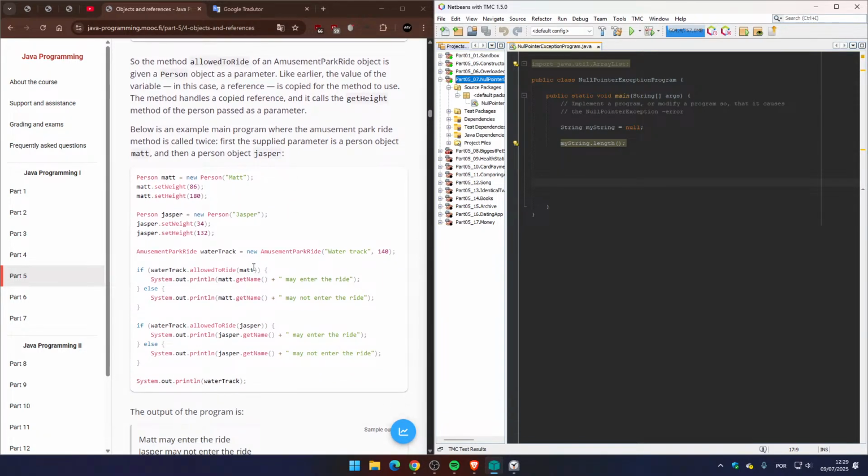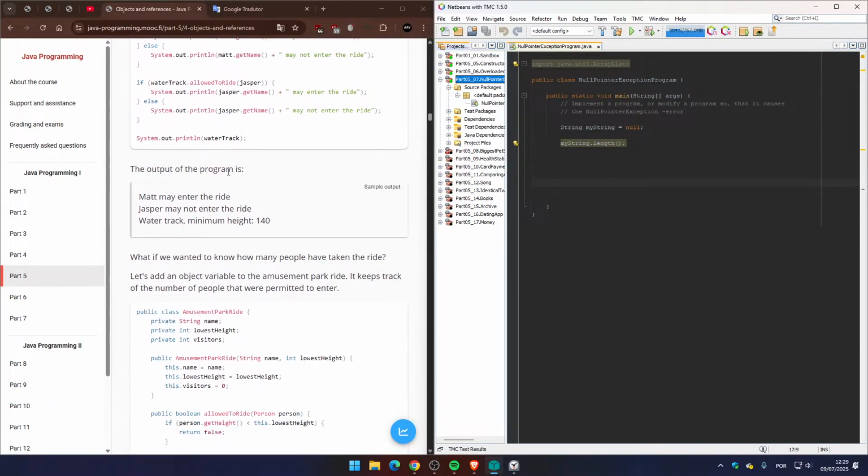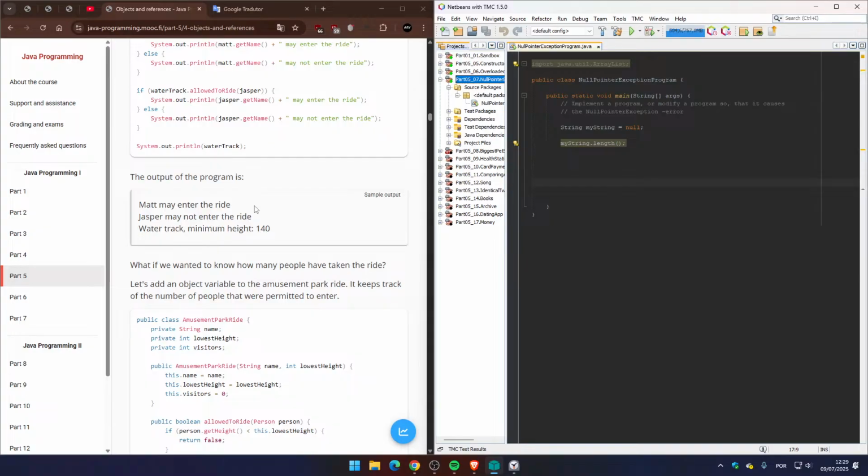Below is an example main program where the allowsRide method is called twice. First, the applied parameter is the Person object Matt, and then the Person object Jasper. The output of the program is